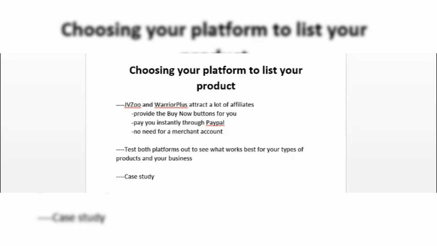But probably, the reason for this was that I listed it too soon. A lot of the affiliates who promoted the second time also promoted the first time, and so a lot of their customers and subscribers were already exposed to this product, and a lot of them already bought it the first time they saw it in January. Okay, so there could be various other reasons, but anyways, I listed it again on the Warrior Plus network in